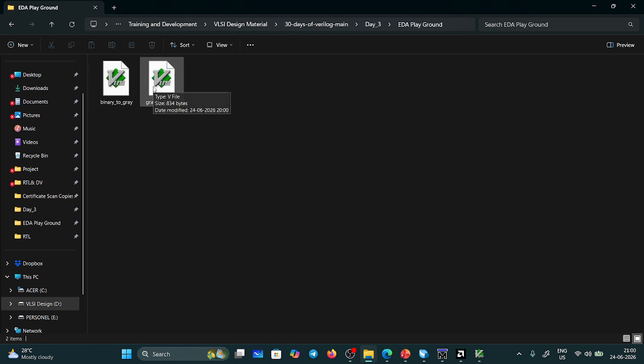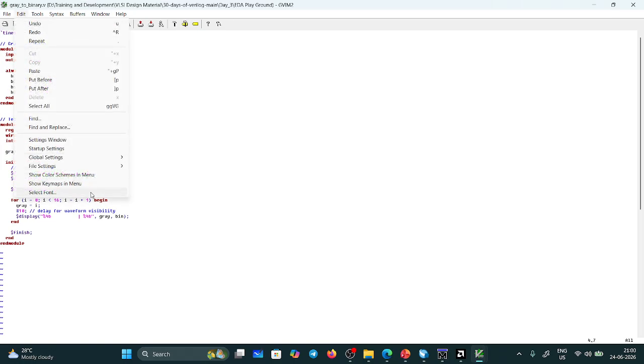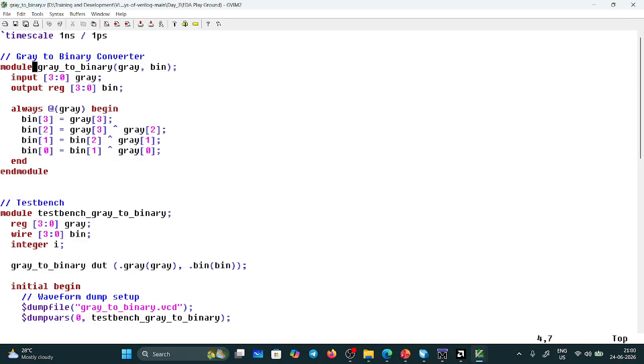The binary to gray we already saw. Gray to binary conversion. Okay, so if you see this code, module gray to binary, and these are the port list. Input 3 down to 0 gray, output reg 3 down to 0 binary, and always at the rate gray. So when there is a change in the gray, then